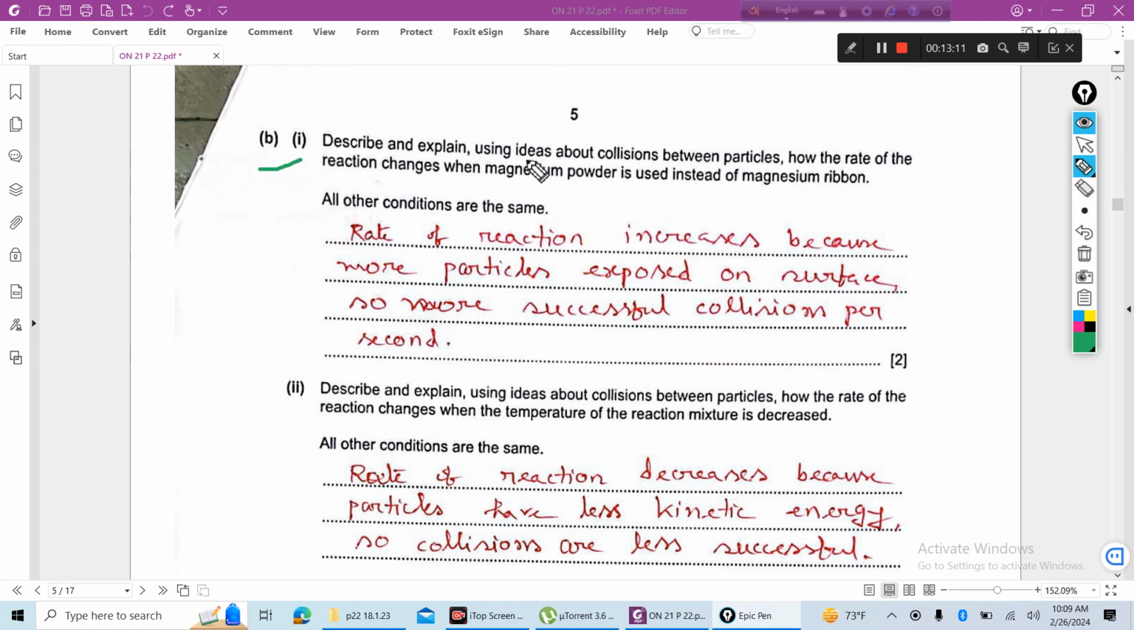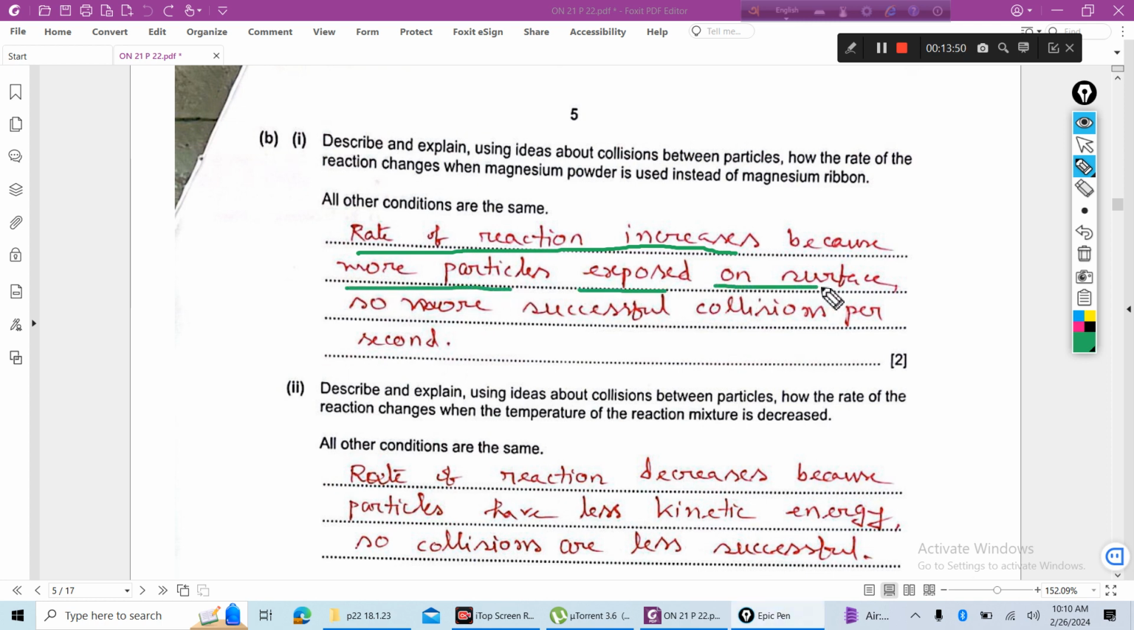B1, describe and explain using ideas about collision between particles how the rate of reaction changes when magnesium powder is used instead of magnesium ribbon. You know, magnesium powder has greater surface area, so the rate of reaction increases. If magnesium powder is used, the rate of reaction will be higher because more particles are exposed